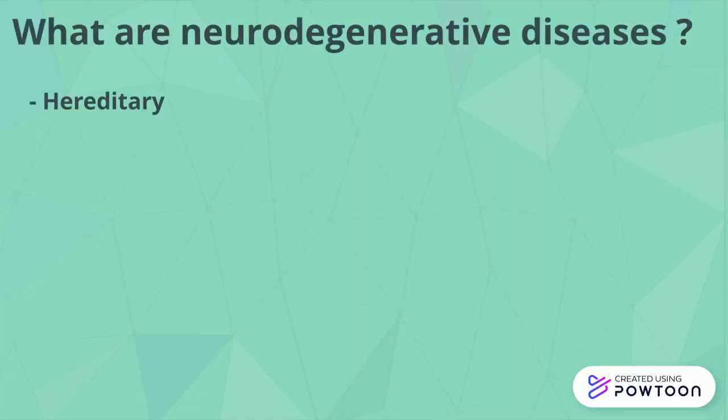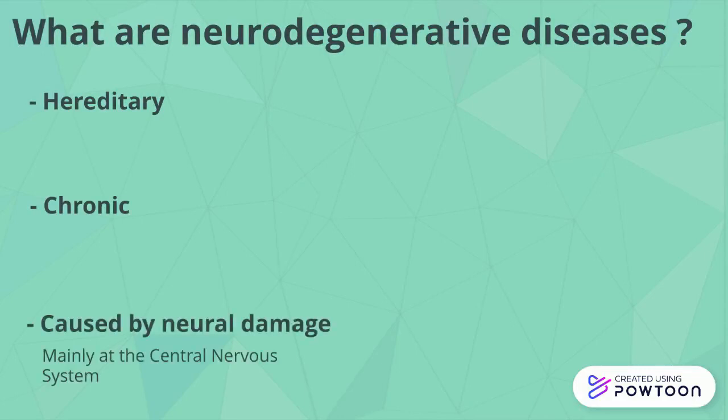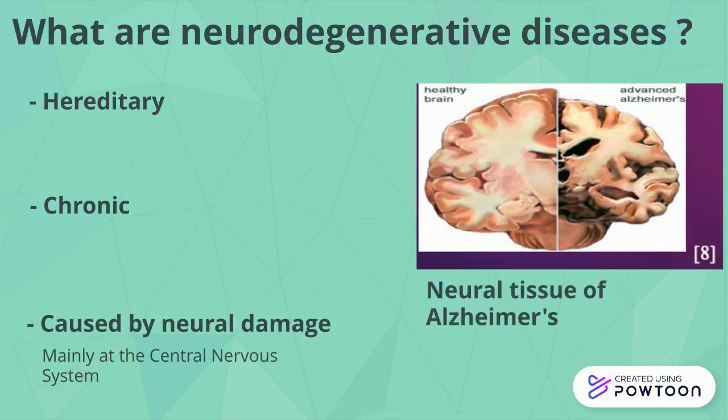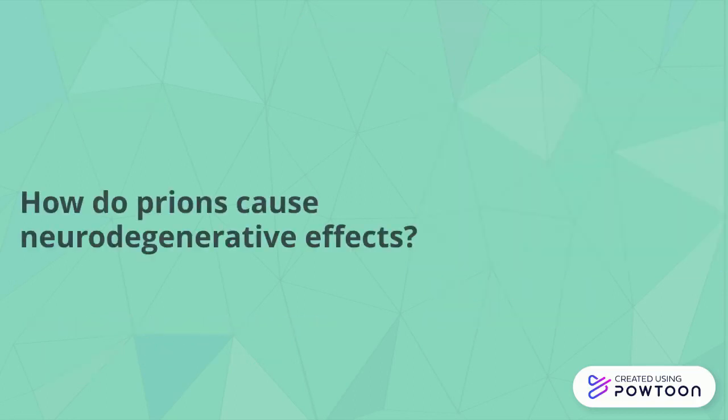Neurodegenerative diseases. There are hereditary diseases that result in long-term fatal issues, often due to damage in the neuronal tissue, specifically the central nervous system. Quite often, these diseases are caused by prions, as mentioned earlier, and this can make them very hard to understand or treat as well. Prions are known to cause fatal damage to the neurons, thus eventually leading to fatal situations. But how the prions cause damage to the neurons depends on the protein structure, as structure leads to function.